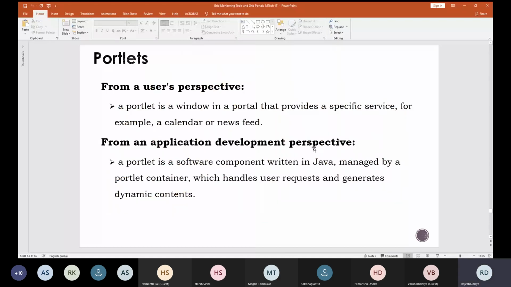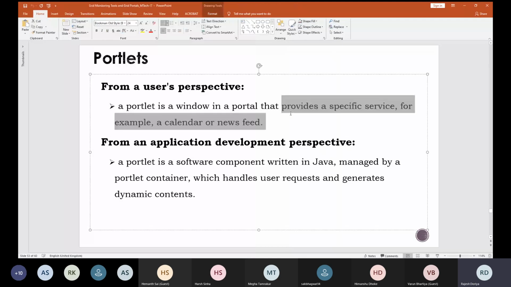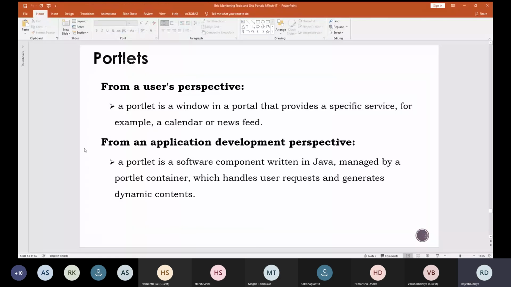So from a user perspective, a portlet is nothing but a window in a portal that provides a specific service, and these services can be a calendar or a news feed. Okay, so from the user point of view, it is nothing but a window where you can see the things of your interest, some specific things.